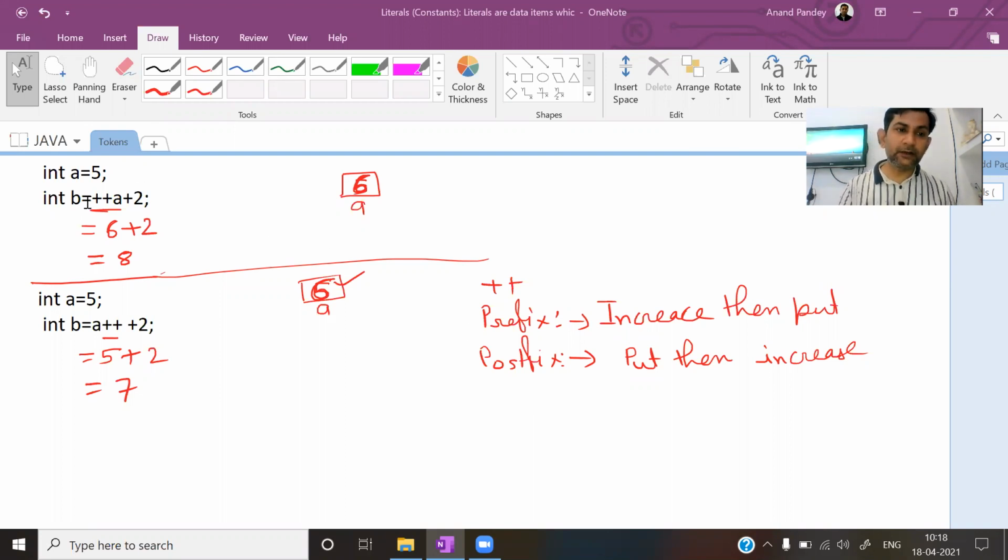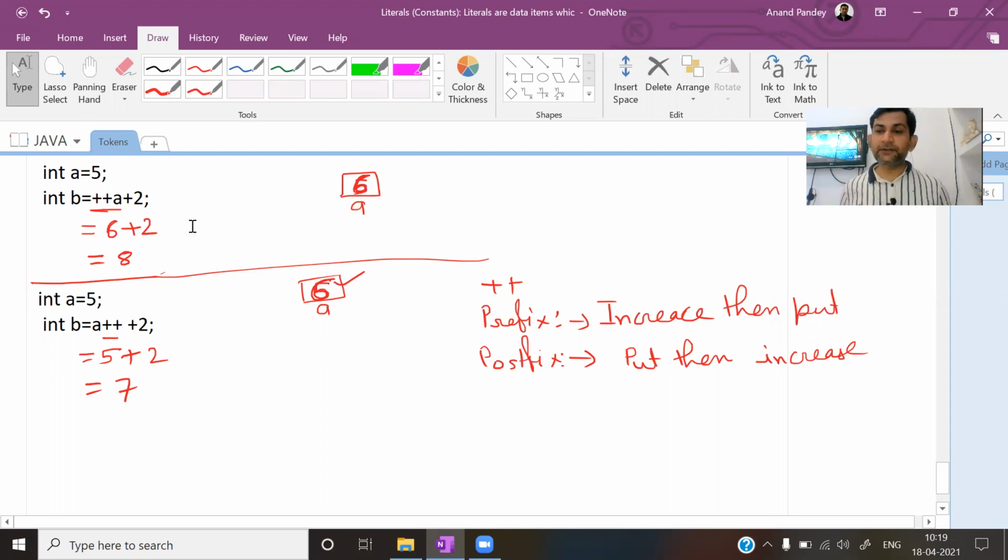यहाँ देखो हमने a की वैल्यू पहले बढ़ाई है. Now it is what? 5 थी 6 हो गई. After increasing the value of a, we are putting in the expression. पहले a की वैल्यू बढ़ा लिया तब एक्सप्रेशन में रखा. यहाँ पे postfix था, so that will work afterwards. इंक्रीमेंट बाद में होगा, पहले वैल्यू रखी जाएगी. The current value was 5, so we are putting that. After putting, just after putting, a की वैल्यू बढ़ेगी. a की वैल्यू पहले नहीं बढ़ेगी, बाद में बढ़ेगी.